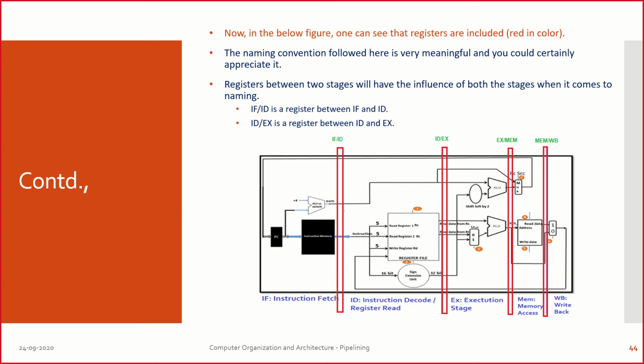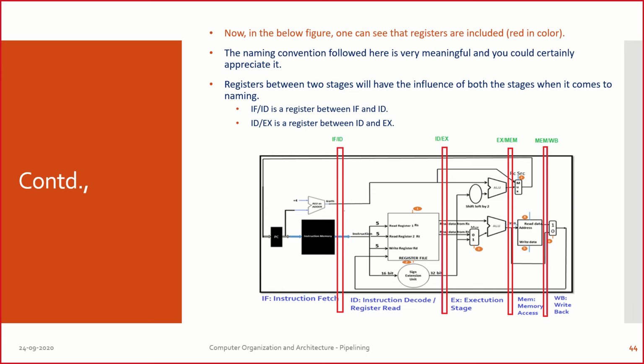There are 5 stages, and there are 4 blue lines that I have drawn in the previous slide, which got us the 5 stages clearly implemented. So those 4 lines are going to be converted into 4 registers right now, and we are going to have registers with the most appropriate naming convention. You are supposed to be very careful when you name them. Remember, you cannot name them the way you want. There are naming conventions to be followed. If you miss the naming convention, that's not acceptable.